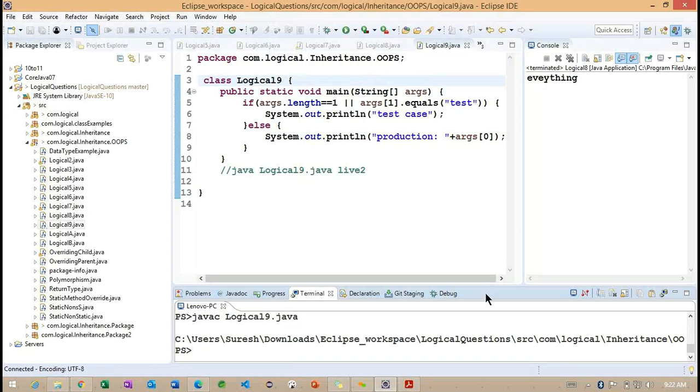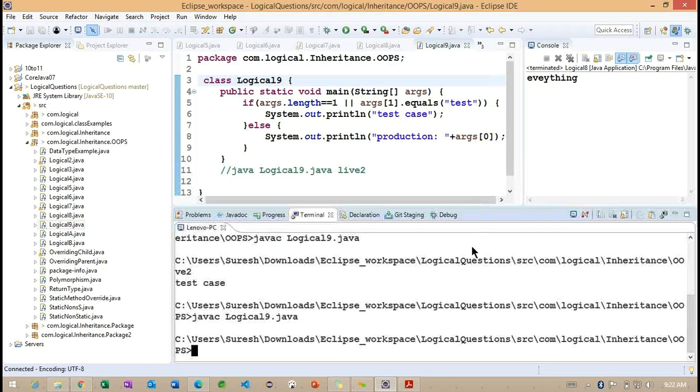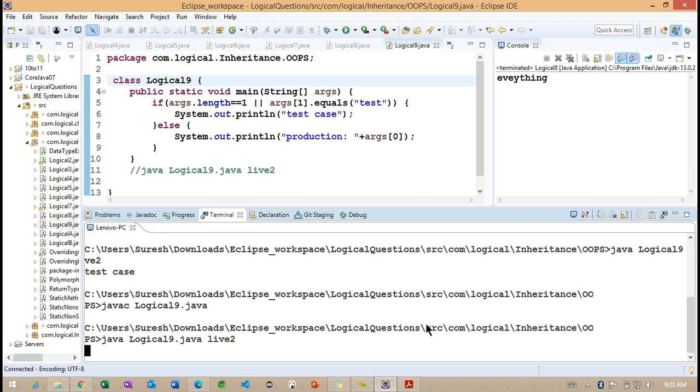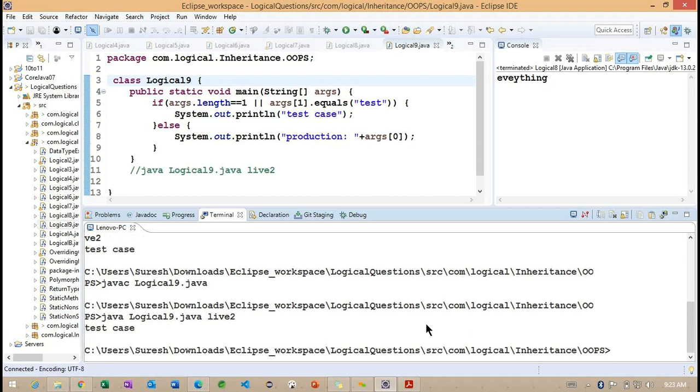Right, the compile is successful. To understand, let me make it a little bit bigger. So carefully observe here, this is compiled. Now I want to run here. But if I run, we are getting the same test case here.